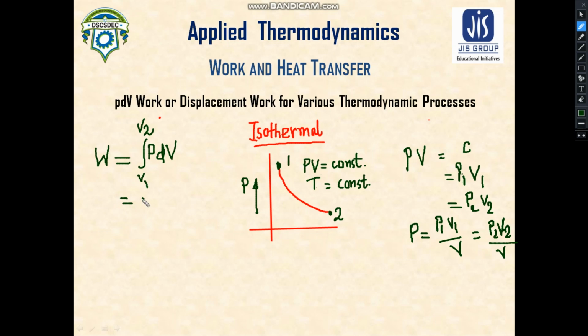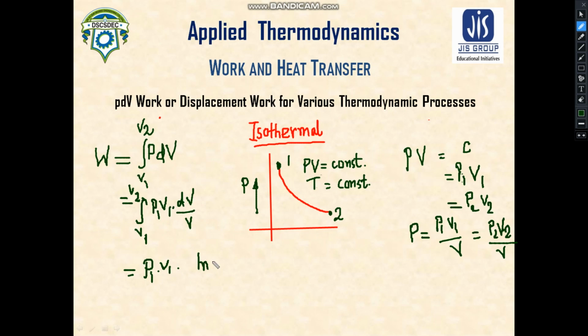We will replace the value of P which we obtained here and go on integrating it. So it will be P1 V1 into dV by V. Since P1 V1 are constants, we don't need to correlate them with this V, so this can be treated as a constant,